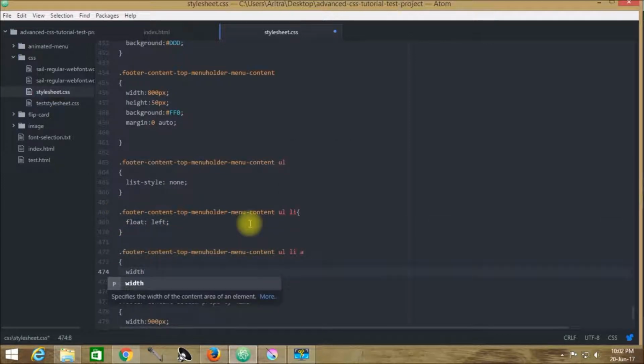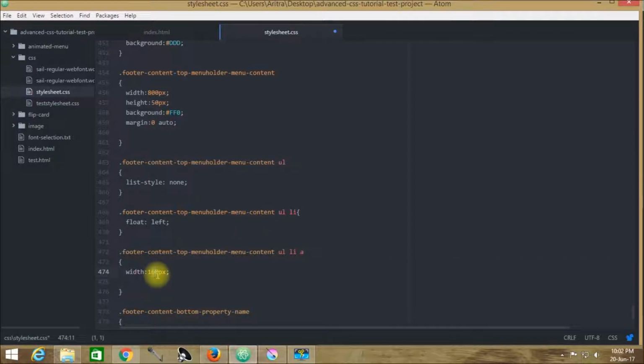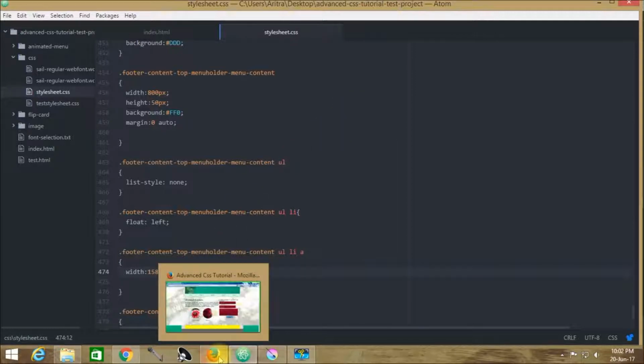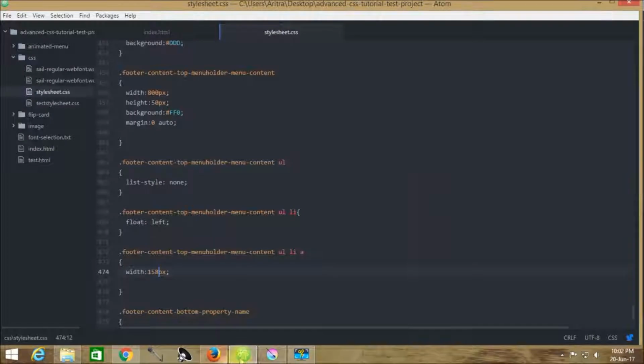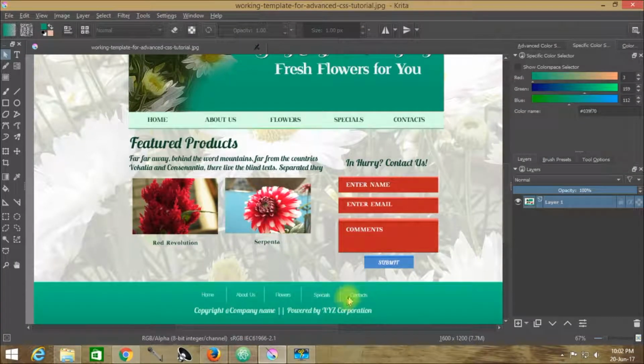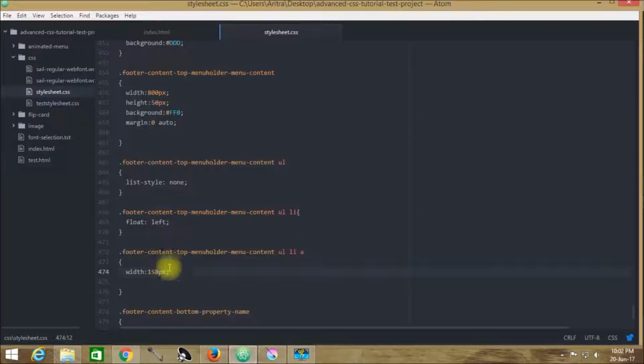Now it's a matter of calculation. It is 800 px and there are 5 items. So each individual menu list item will be at a width of 160 px. So this is what we are going to allot over here. Don't make it 160 px, make it 158 px practically, because we need to provide border right elements over here. As we can see, here are some border right elements.